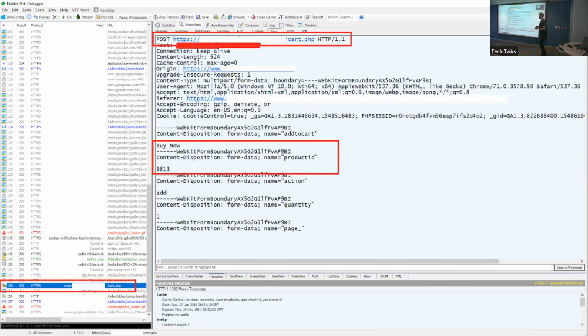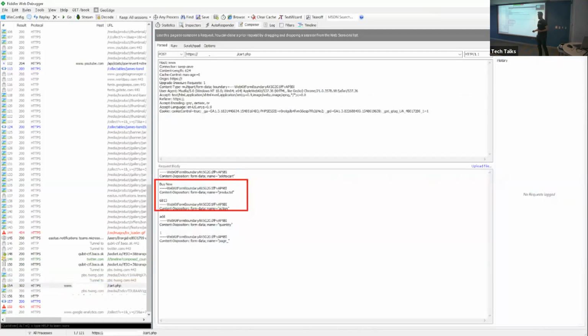Really, the only difference between this post and the one that I actually want to do, because my item's out of stock, is this product ID, right? Product IDs are not proprietary. I mean, you can get product IDs really easily. They're not anything hidden. So if we can get the product ID, can we just change that value and post it to the backend server? Fiddler has a really nice tool called Composer, where you can drag this request to Composer, and we can replay that request